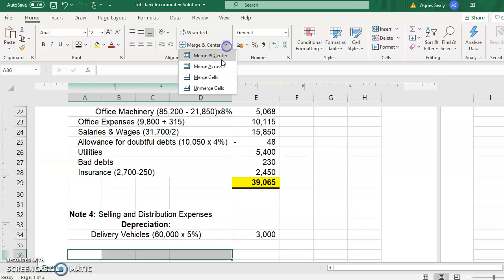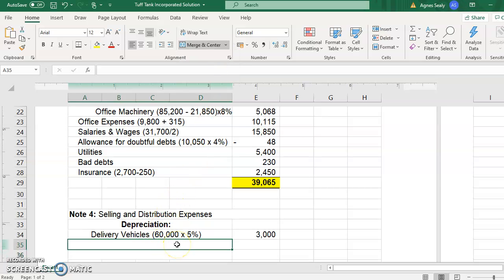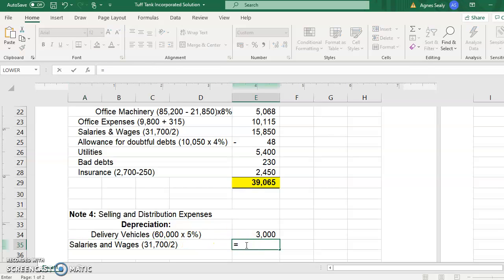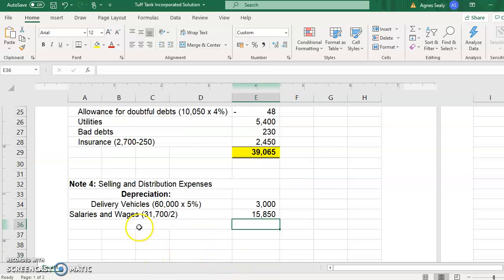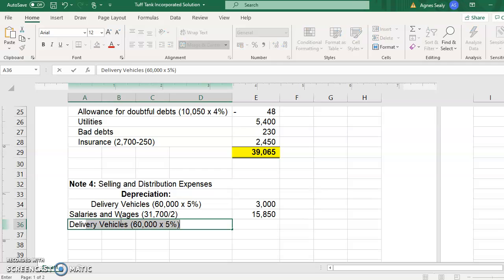Our next selling and distribution expense is salaries and wages. And we said half of the salary and wages, which is $31,700, would have gone to the administrative expenses, whereas the other half is going to selling and distribution, because half of it was for the office staff, where the other half was for the delivery crew. So $31,700 divided by 2 will give us the same figure we have for admin, that is $15,850. And our last selling and distribution expense is our delivery expenses,